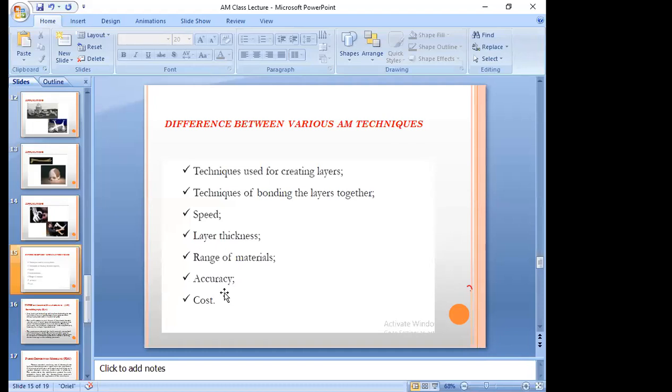We have a lot of CAD tools, that is Creo, AutoCAD, CATIA, Unigraphics, various modeling software we are going to use based on the industry and its preferences.